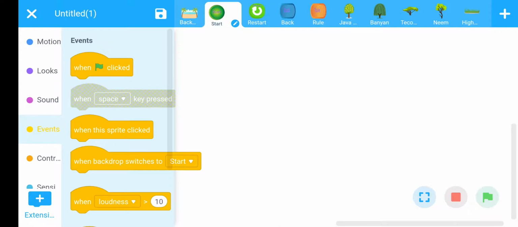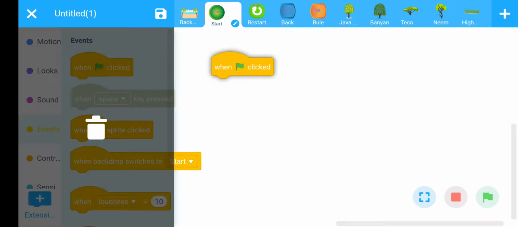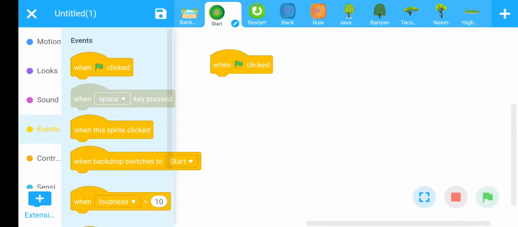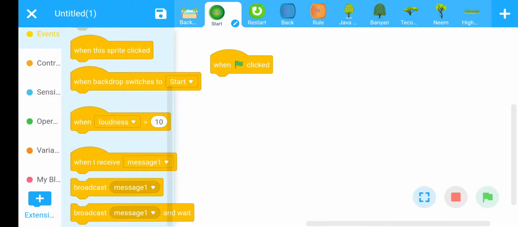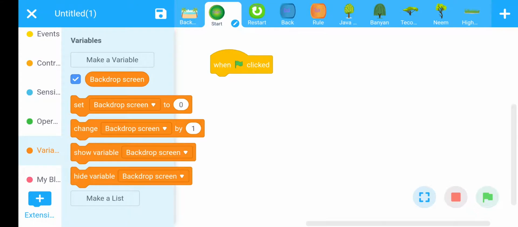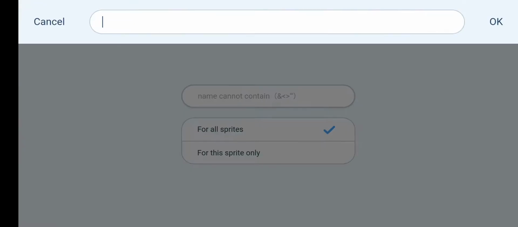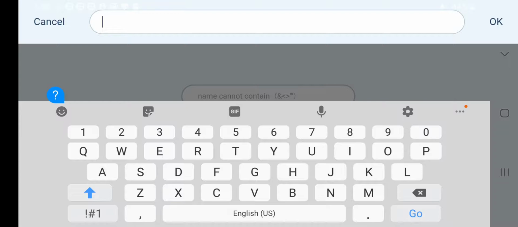Go to event section, when flag click. Okay, here you have to create a variable that is score variable, and initially score variable value should be 0. Click on make a variable, score.